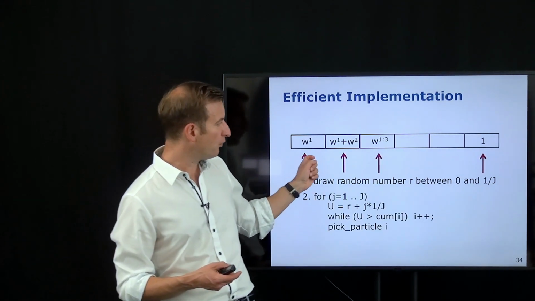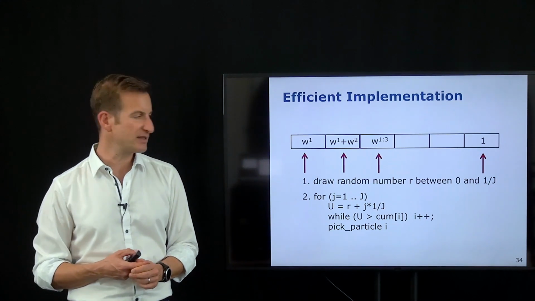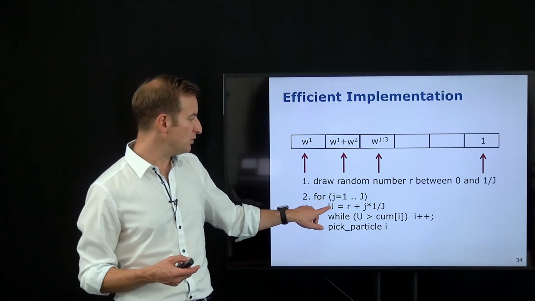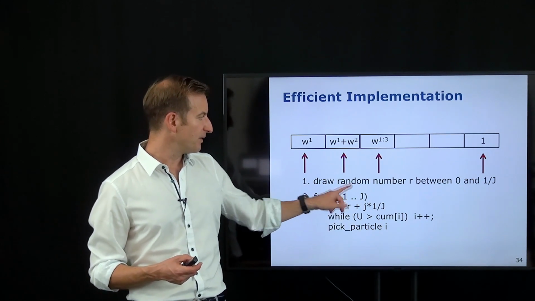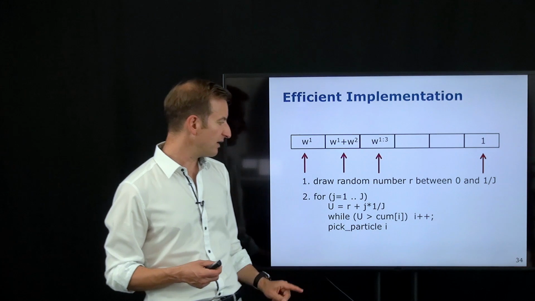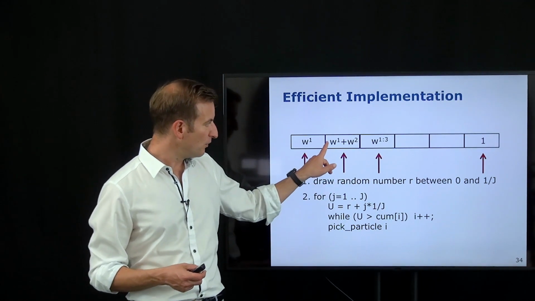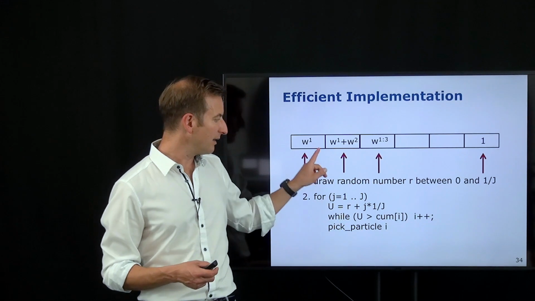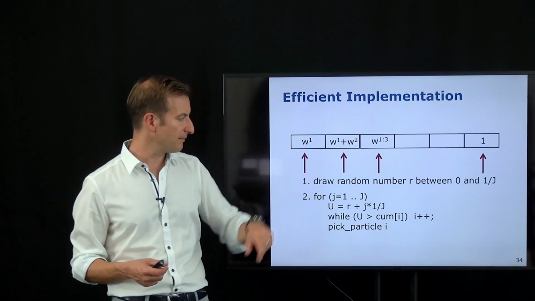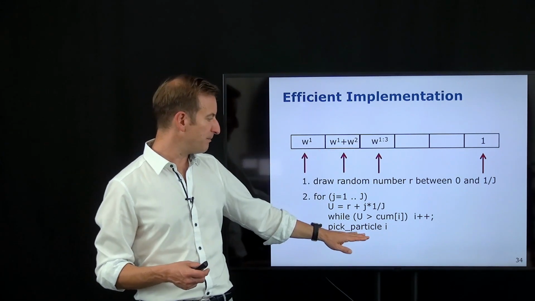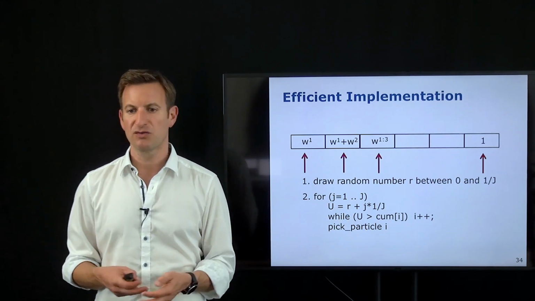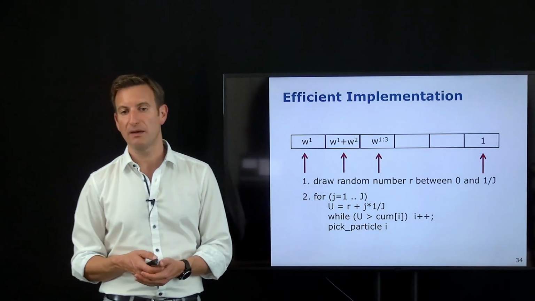So I basically have 2 loops, a for loop, because I'm doing the overall thing j times. And I have an indicator telling me where this arrow points to, which is my u, which is my initial random number plus the index of my sample that I've chosen times 1 divided by j. So this is a spacing. And I'm moving further, checking which bucket I'm in, while my u is larger than the cumulative sum of this array. And once it is smaller, I pick the particle. I repeat this step, and exactly j particles will be picked. So I can do sampling with replacement in a very efficient way using this idea.